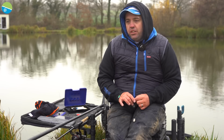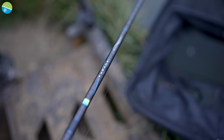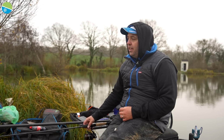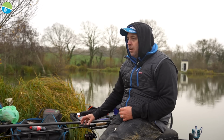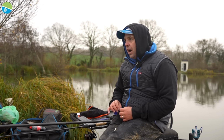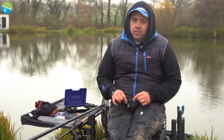So the kit that we're going to use today, guys, we'll start off with the rod and reel, Superior Rex in a 10 foot, a Centris in a 520. It's only a little rod, but I still like a big size reel. Paired up with a reel, we've got 8-pound sinking feeder mono, and to be honest, it doesn't come any simpler